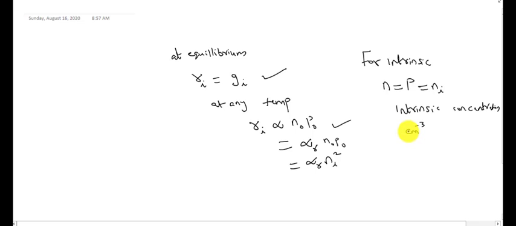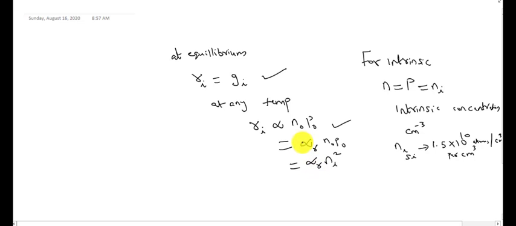We should study the value of Ni for silicon. The value is 1.5 into 10 raised to 10 silicon atoms per centimeter cube. So this is the value of Ni. Ni means the intrinsic carrier concentration, and this relation N0 P0 is equal to Ni square. We are deriving it in the next lectures.